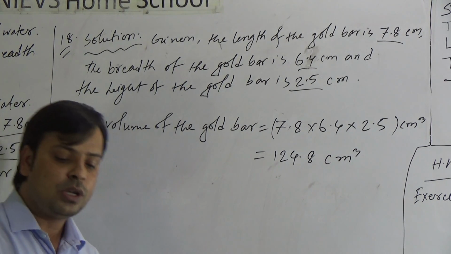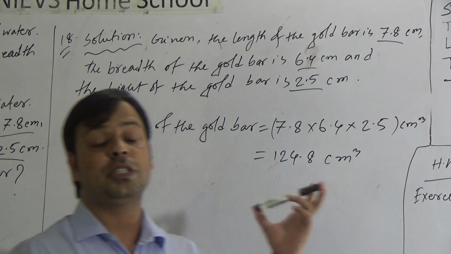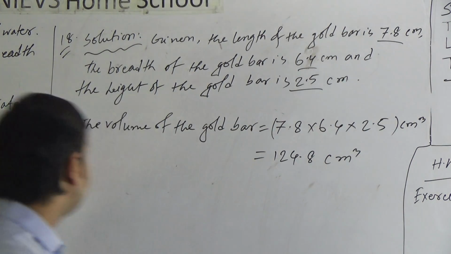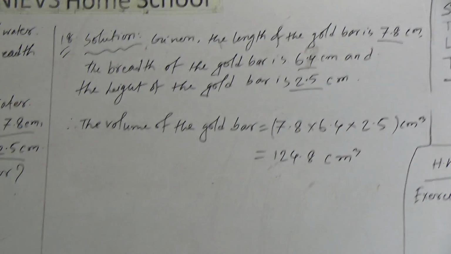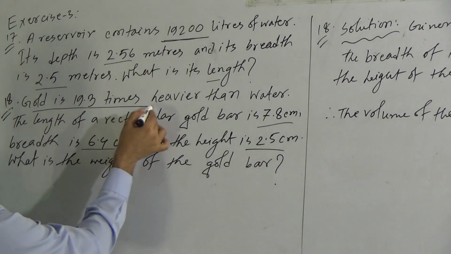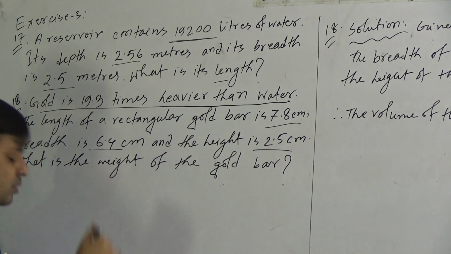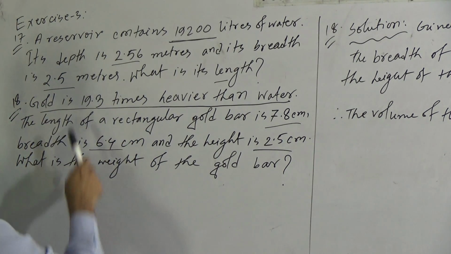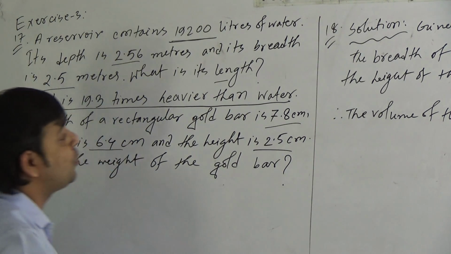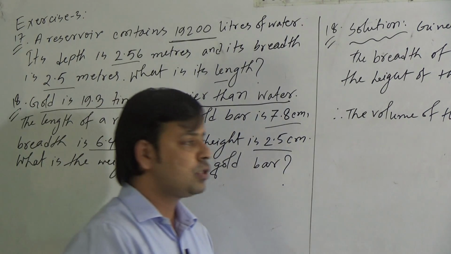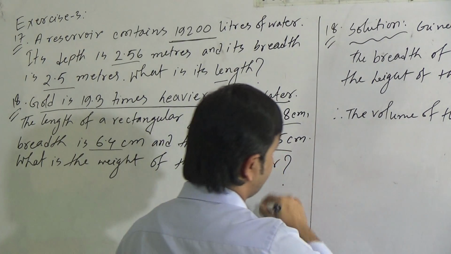Now we have to determine the weight of the gold bar. To determine the weight of the gold bar, here the condition is given. The condition is the gold bar is 19.3 times heavier than water. It means that at first we have to compare the volume of the gold bar to the volume of water. So we can write